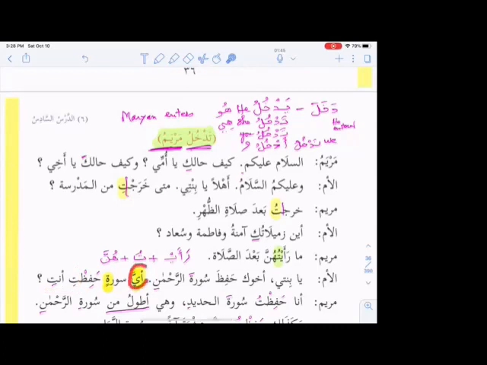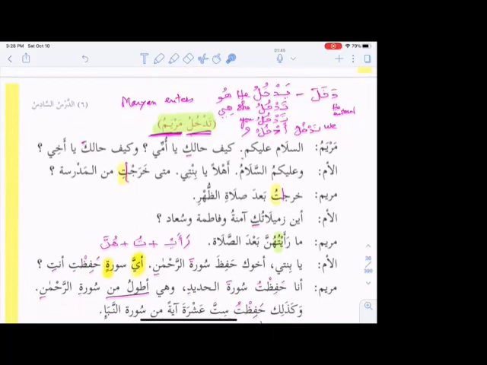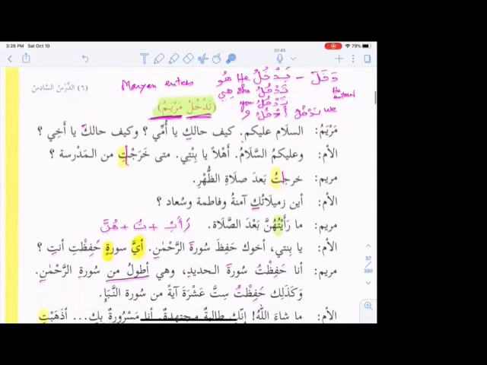Ayya is maf'ulun bihi. It came in the beginning, okay, because it has to start a sentence. So you can change it a little bit to understand more. Hafizti ayya suratin? You memorized which surah? But because this comes as a question, it comes in the beginning. But if it is maf'ulun bihi of the sentence, fi'l, we understand it. So it can be ayya, ayyi, ayyu, whichever way the sentence is made up. Ayya suratin, which surah did you memorize? Anti means you.